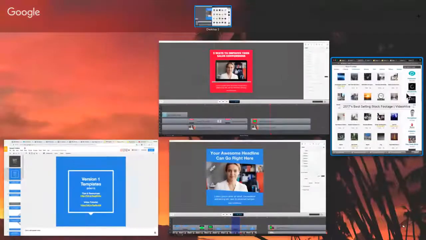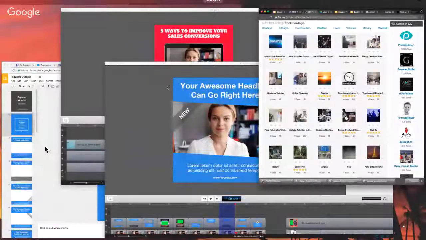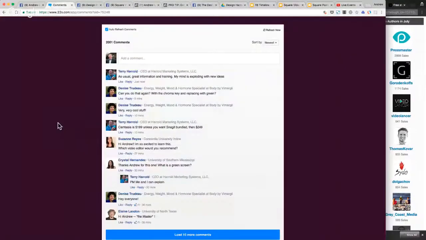Where was my... see, that is there. Okay, it's the other one here. Chroma key replacing with green. Yeah, so it's a little tricky, right? So the chroma key,